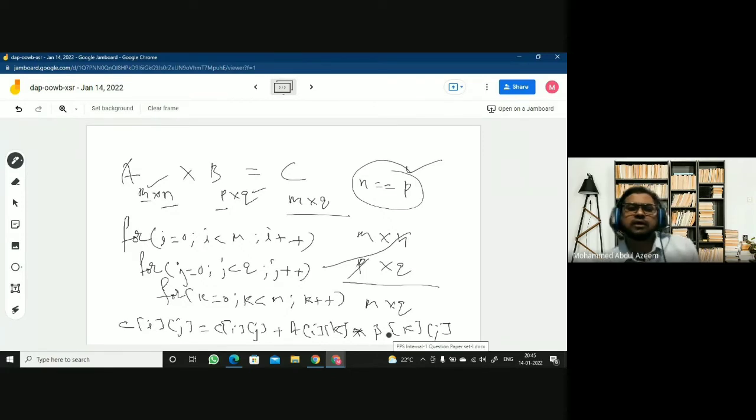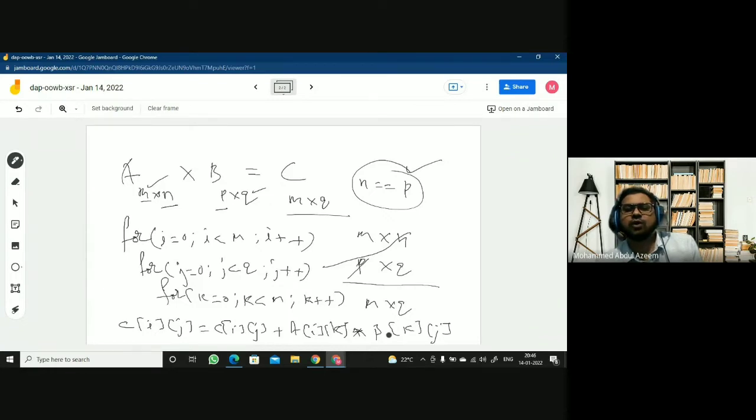Okay. See, you have to multiply the first matrix's entire row. I is representing the rows of the matrix, right? And J is representing the column of the matrix B.